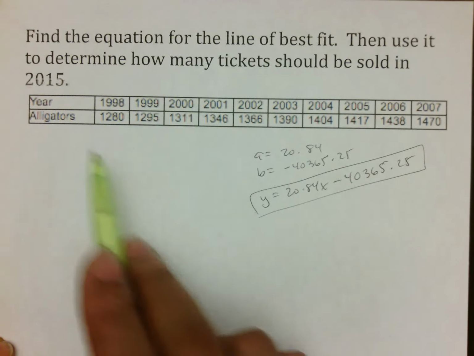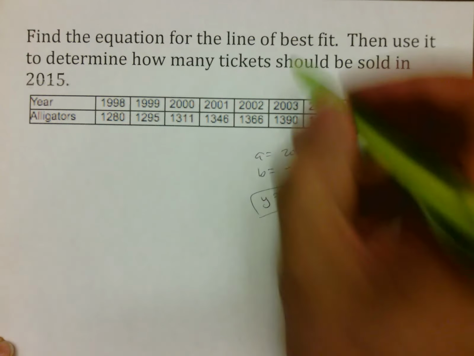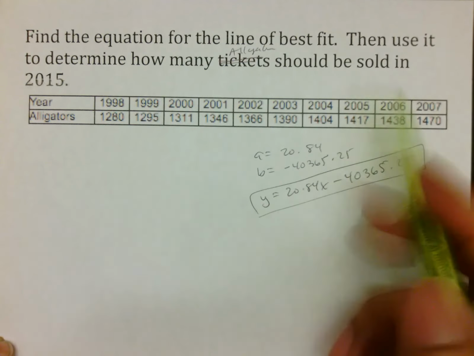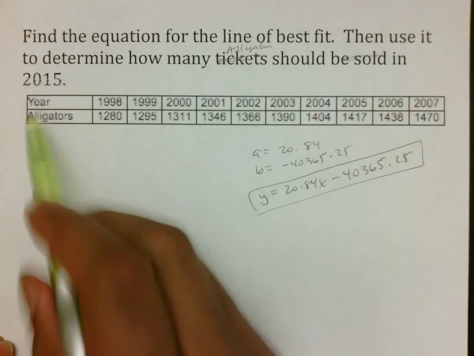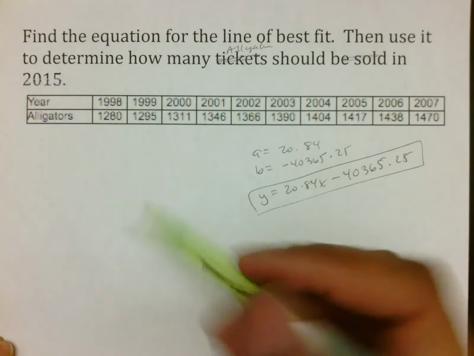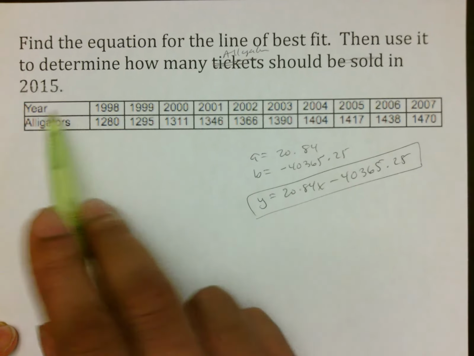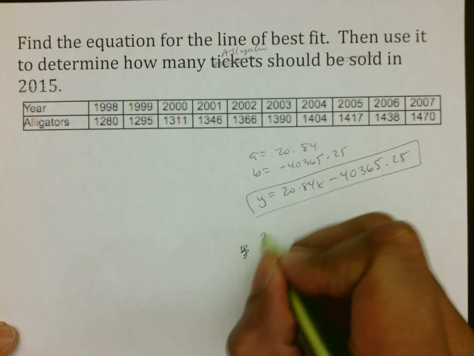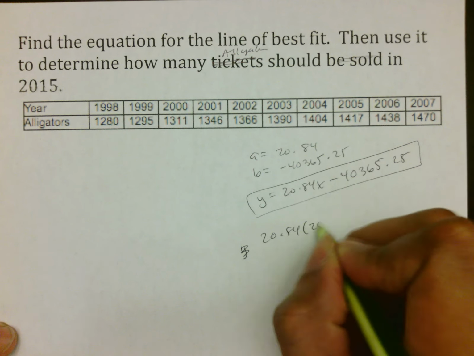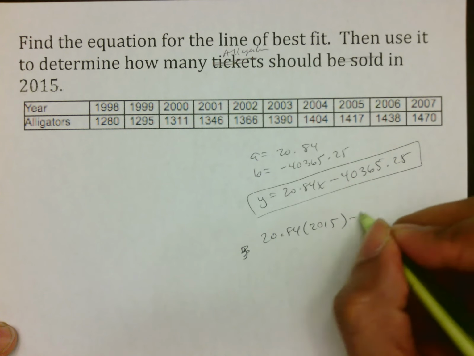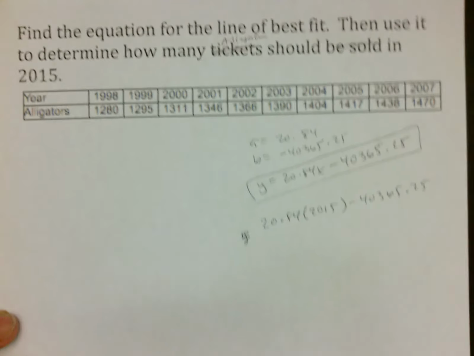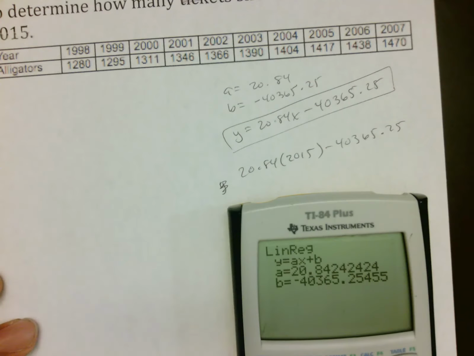Again, this time they want to know based off of this, it's not going to be tickets, it's going to be alligators. And so how many alligators are going to be around, or whatever this would be talking about, really doesn't matter, because again, you just follow the process in 2015. So again, what we do is we take y, or we don't even have to do that part, 20.84, 2015 goes in, and that goes there. Again, take your calculator, plug it in,